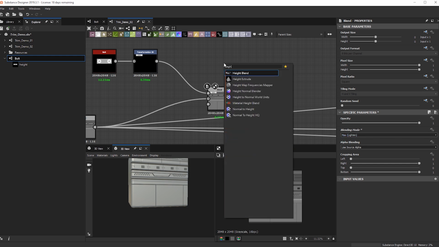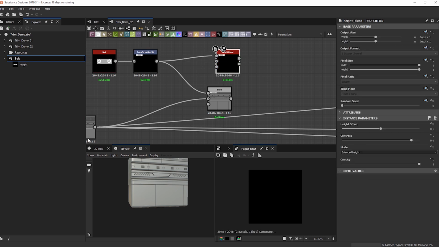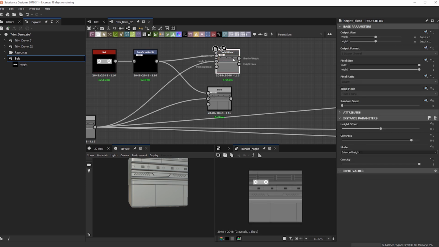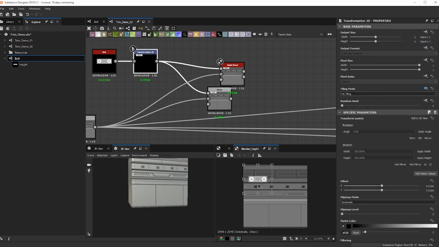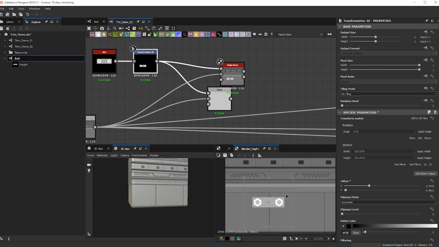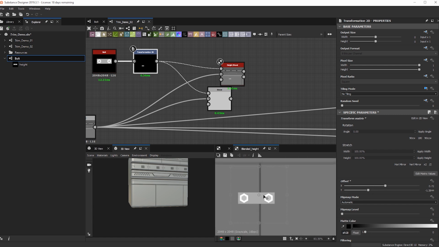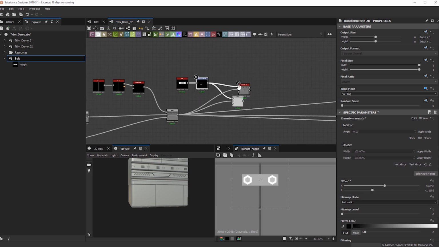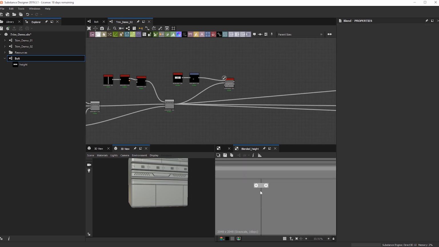Actually, what we can do is a height blend. That way it gives us a little more control on the blending of this guy. Once we have it here, I'm going to move it into position where I'd like it. Let's do this really quickly. Move that guy there. Cool.